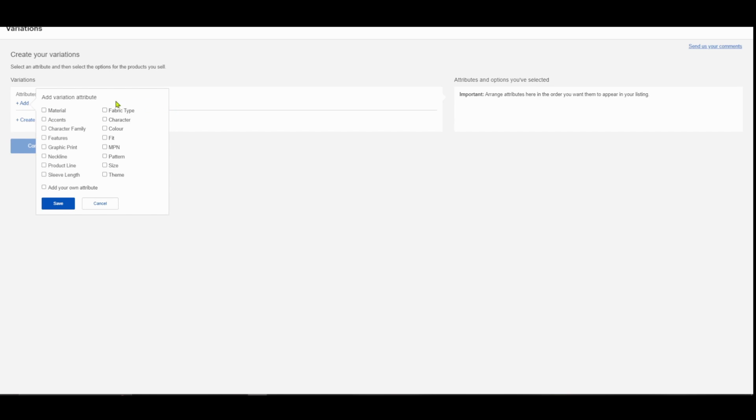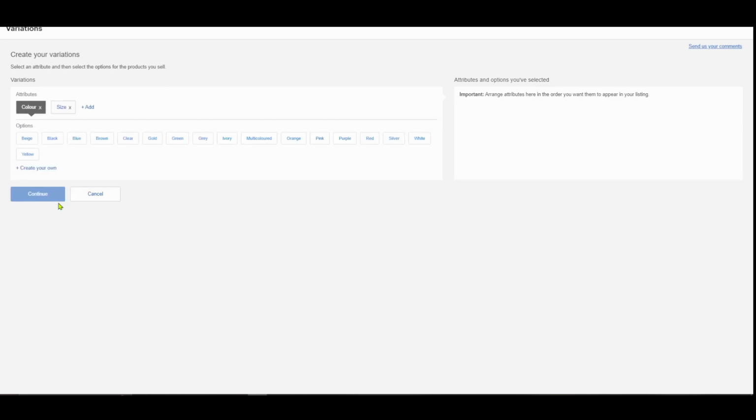So we're going to come in here, and it's already got colour here. So if I try to add my own attribute, it wouldn't let me. If I called it colour, I have to call it colours or something different, spell it wrong. So we're going to do colour, I'm going to do size, I'm going to do save. Okay, so we're going to assume that we've got 3 sizes and 3